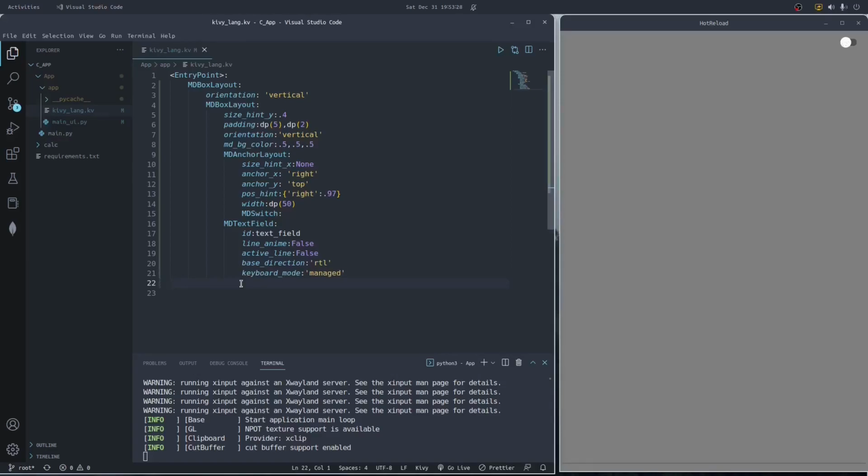And then I'm also setting the keyboard property to managed. Why? Because we don't want that when the on focus event is fired on the MD text field, the keyboard is brought up. We want whatever input the user is going to pass into the MD text field to solely come from the buttons that we're going to include. So that's why I'm setting the keyboard property to managed. I'll set the font size of the text field to 40 dp,